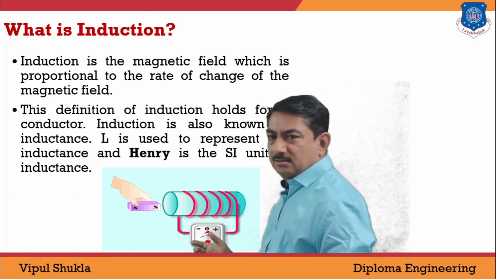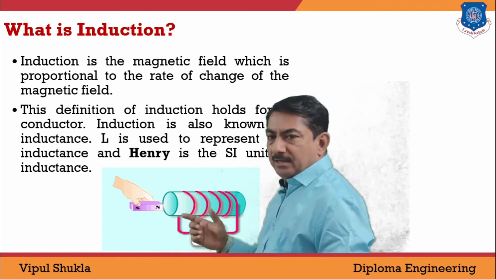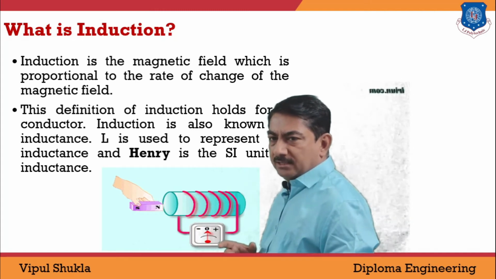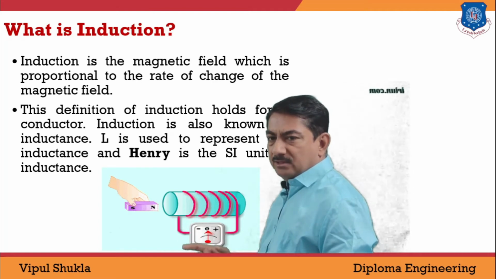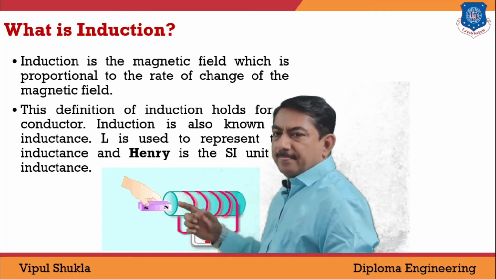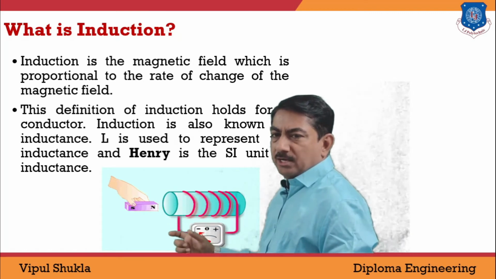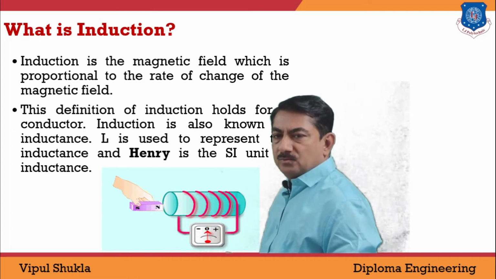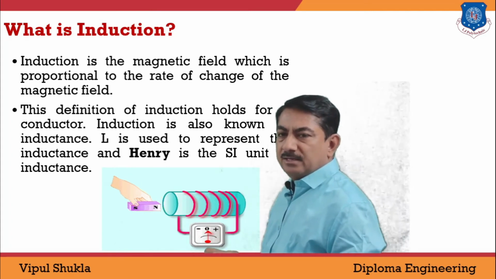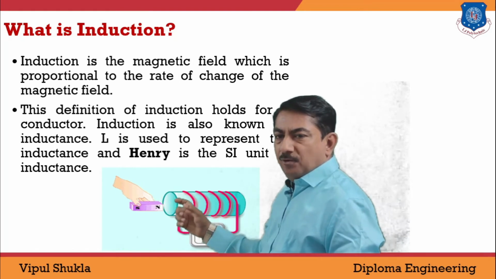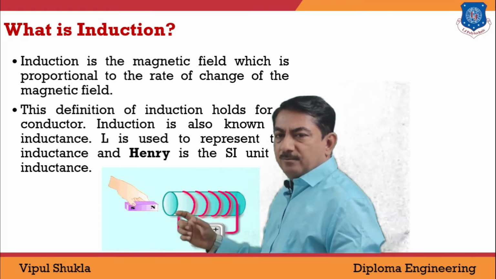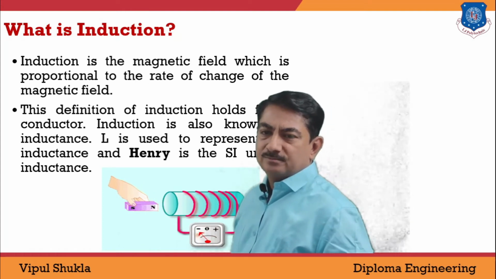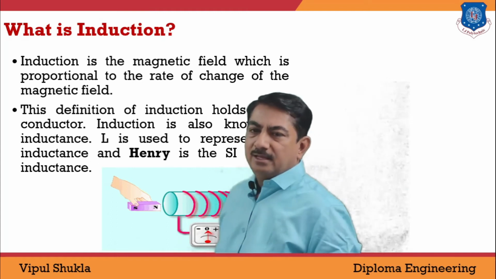Now look at this figure. Here this is the solenoid, where windings of the coil are there. This coil is connected with the galvanometer. When this magnet comes close to the solenoid, as a result the EMF will be produced. What is the reason behind this phenomenon? The reason is that when the flux changes with respect to time and links with this coil, current will be produced inside the coil, which is indicated by the galvanometer.